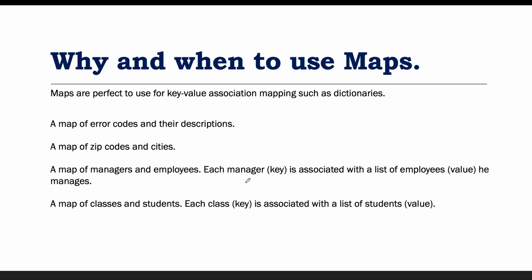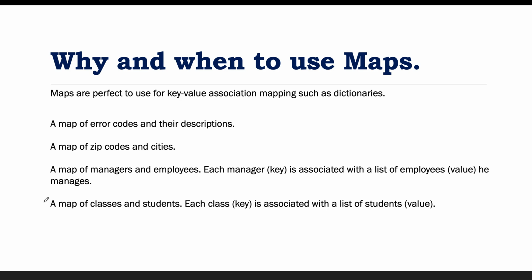Because if we are not using the map, it will be very difficult for us to manage the relationship between each and every component. Like in the case of class and student, we know that each class, like each key, is associated with a list of students. If we want to establish the relationship, or if we want to store this information in a separate variable, then we need to perform some extra operations to identify which list of students is associated with which class, CS branch, EC branch or other branch. But if we are using a map, it will be very easy for us to store each class and its associated students as a key-value pair.